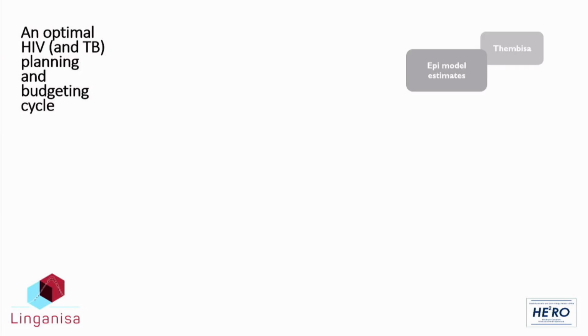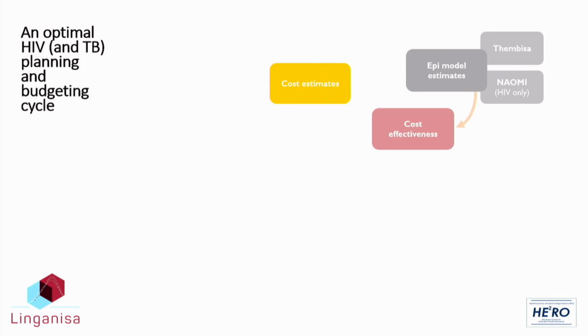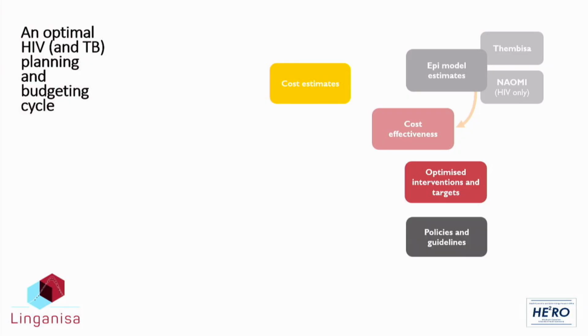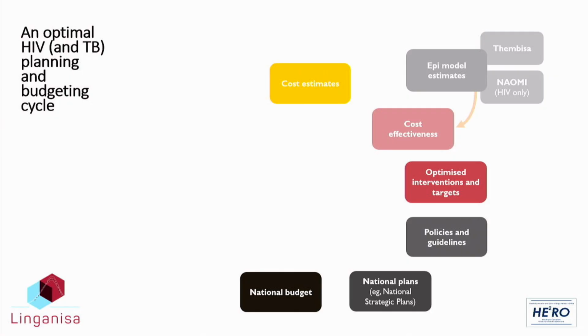We start with EPI estimates delivered by a national and provincial level HIV transmission model called TEMBISA. We have additional estimates at the district level contributed by an UNAIDS supported model called NAOMI. To this we add cost estimates. Those give rise to estimates of cost effectiveness, which in a good year inform a set of optimized intervention and intervention targets, which again give rise to policies, guidelines, national plans, including the strategic plan, national level budgets,